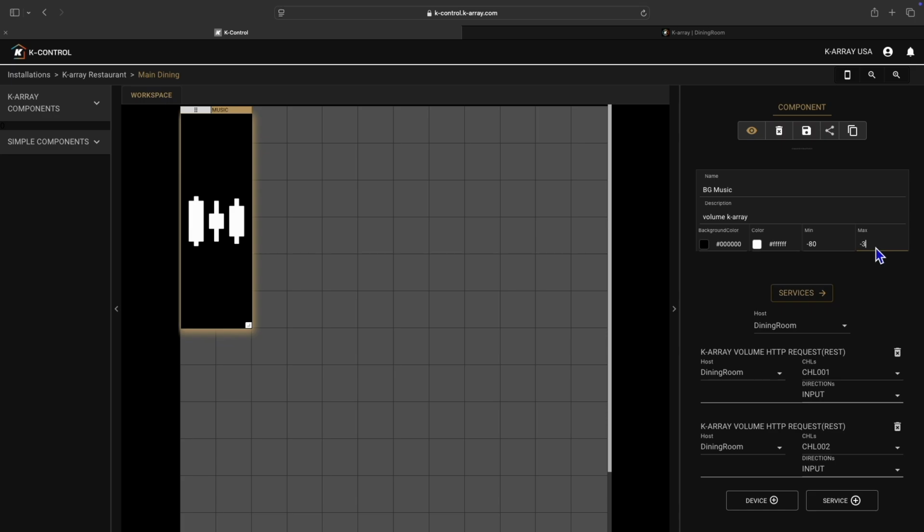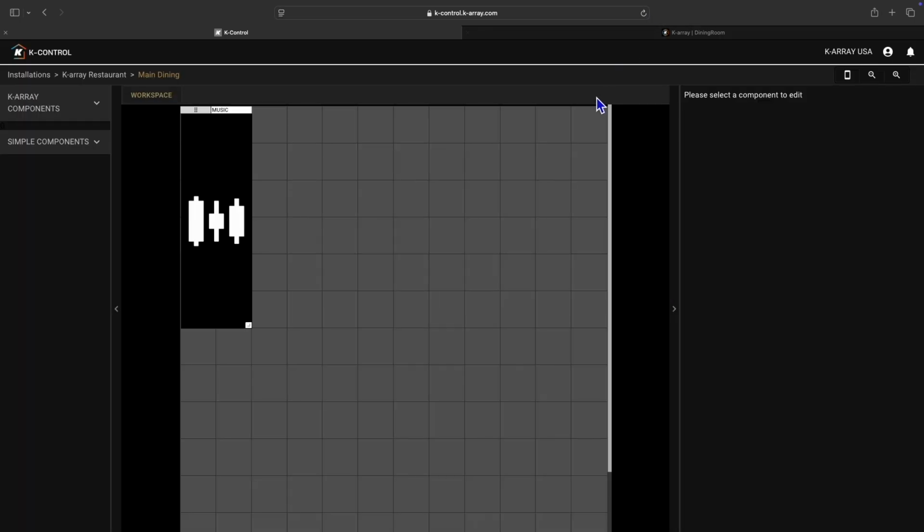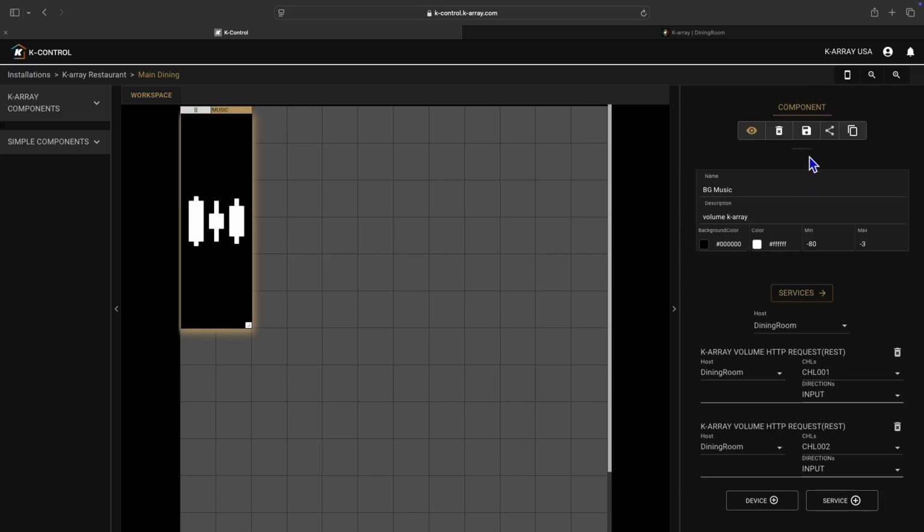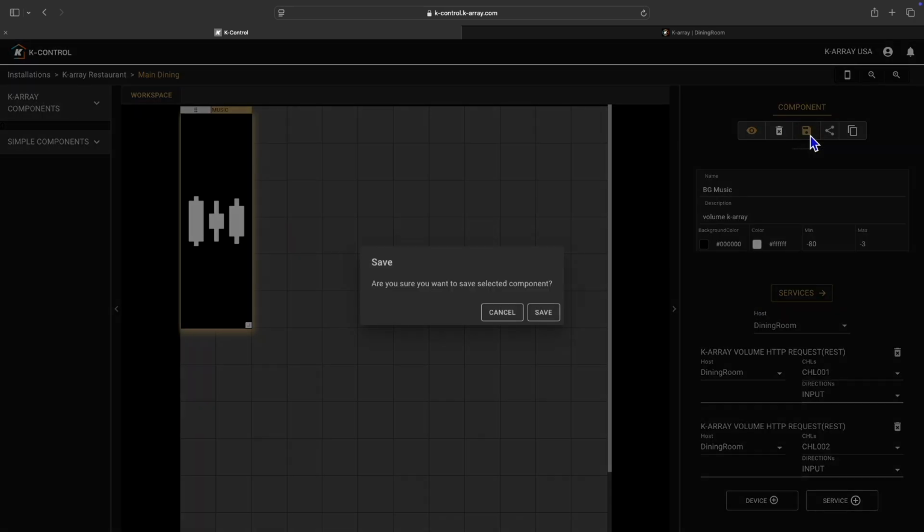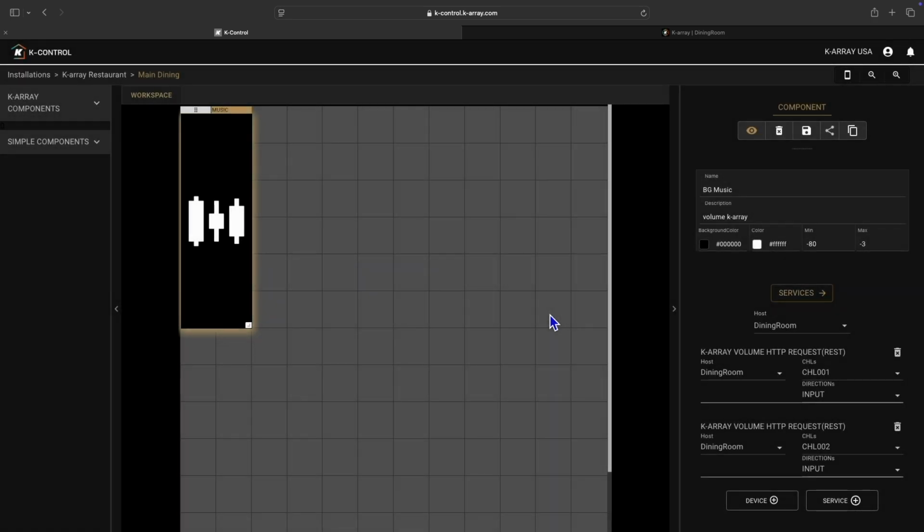Now to save your changes here in the K Control Configurator, you simply refresh the page. There's another save button up here, but this one actually saves the component you just created as a custom component. This will become more useful in the next video when we get into custom components, so for now I'll just